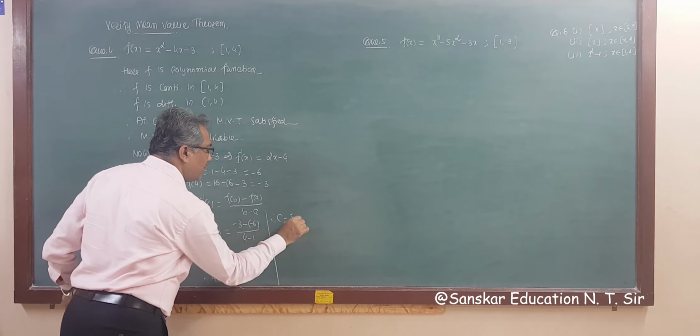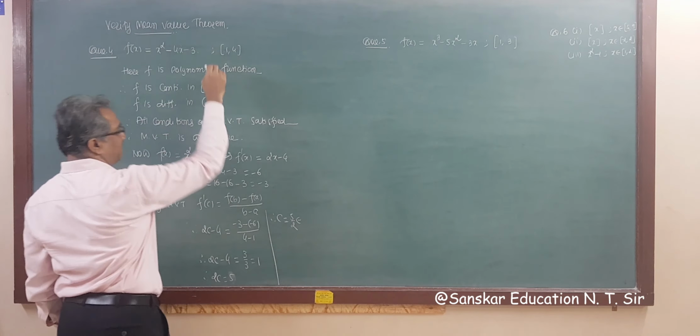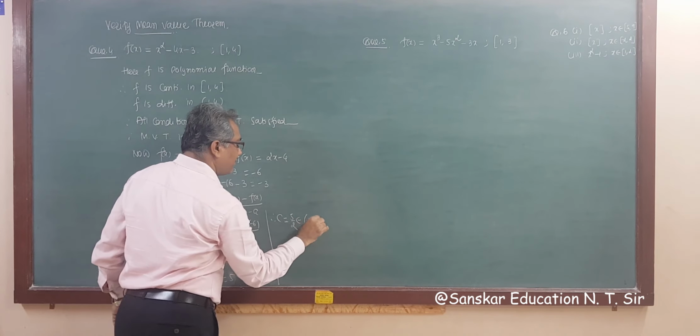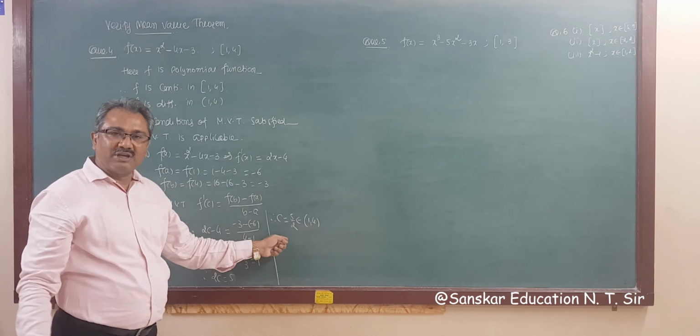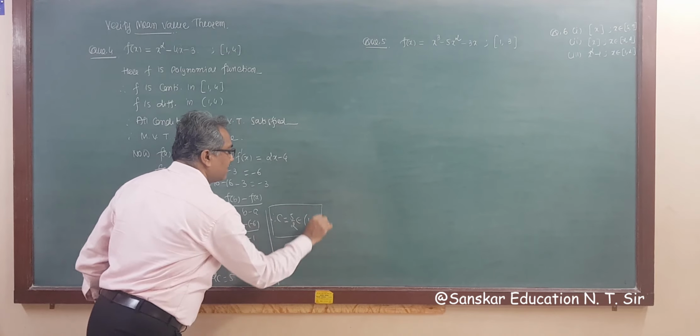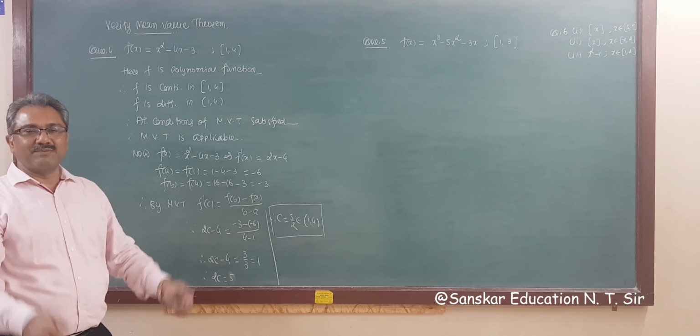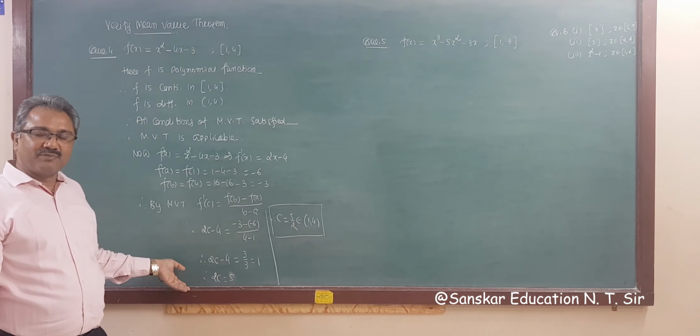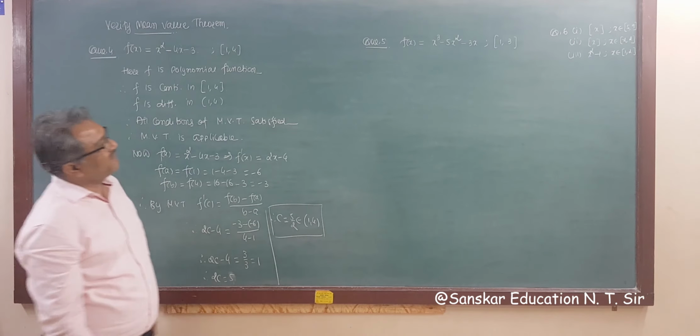Which interval is given? Open interval (1, 4). Does 5 by 2 belong to this? Yes, then this is your answer, right? So this is very similar to Rolle's theorem questions, mean value theorem, right? Now second question is this: